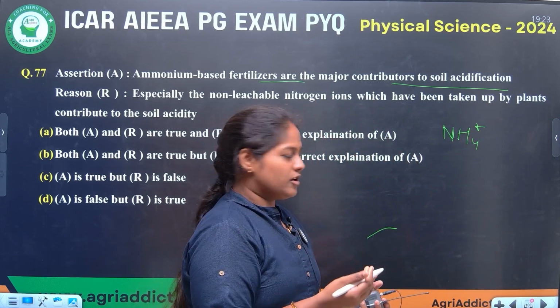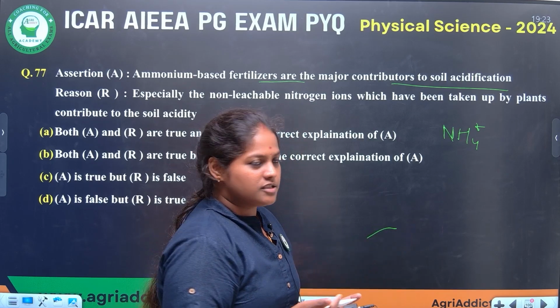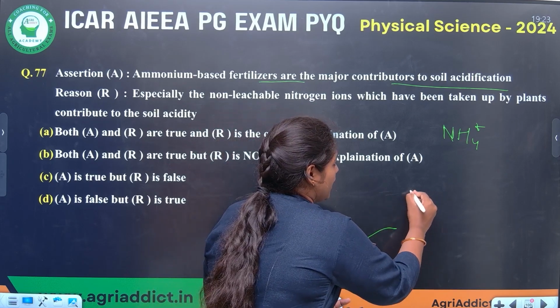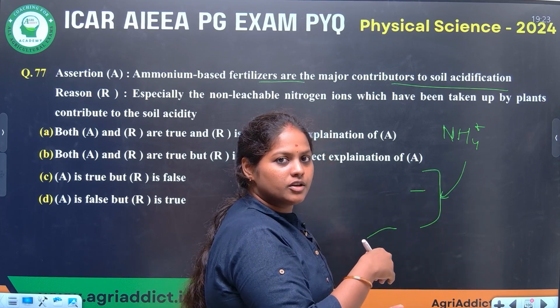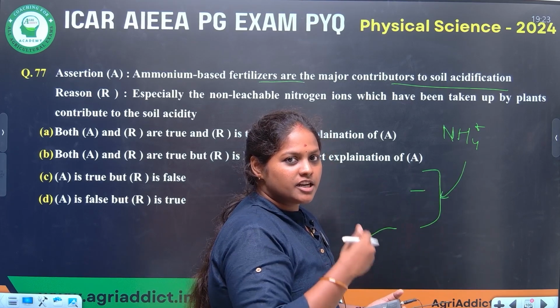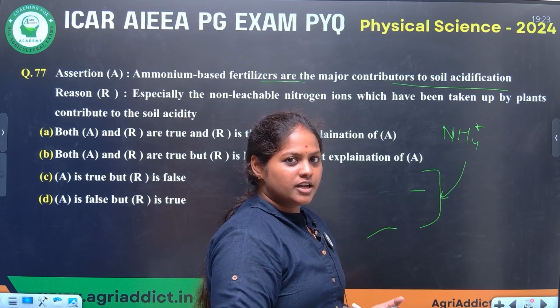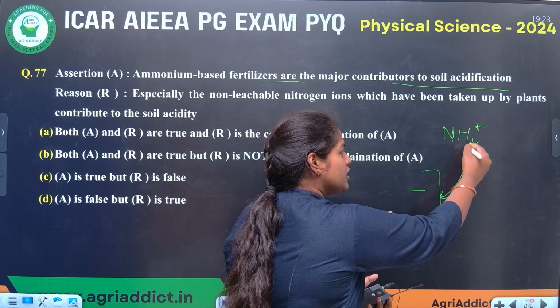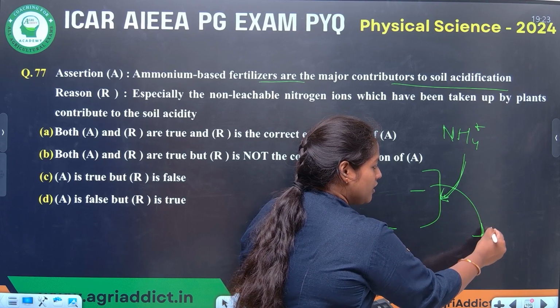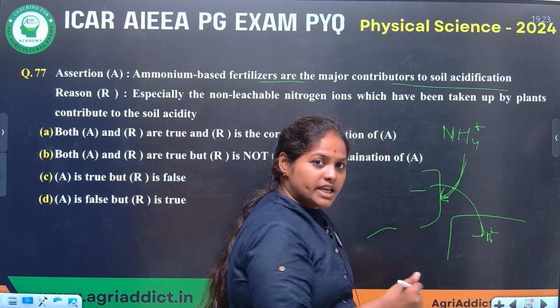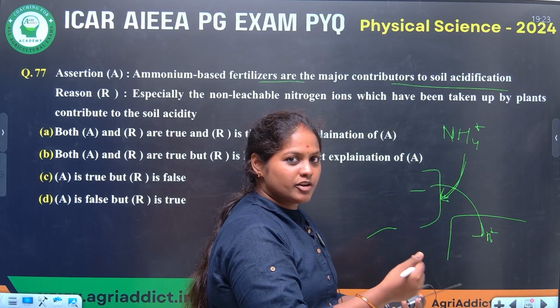This is a cation. We know soil is negatively charged. So whenever this cation is applied to soil, it gets bound to the soil. When one charge is getting attached, another charge should be detached from the soil. So for each ammonium getting attached, each hydrogen will be released into soil, making the soil solution acidic. Right? This is one thing.